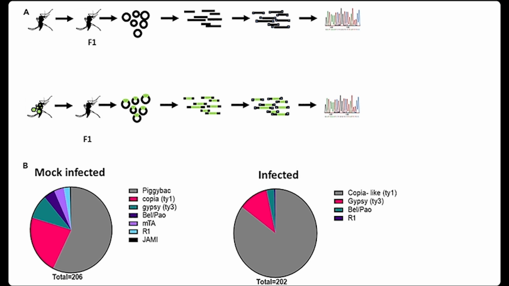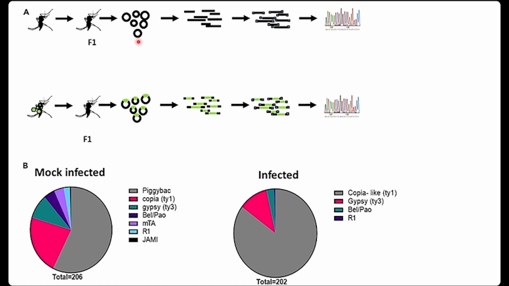But they found that infected mosquitoes are using these copia-like TY1 based systems, and they have pieces of SFV inside of them. So this F1, again, let me get the pen out. These F1 generations, after they've been infected with SFV, so these ones haven't been infected, but they had the previous generation, they can actually test and find out which ones have pieces of the actual SFV in them. And the way that they extracted these is actually interesting.